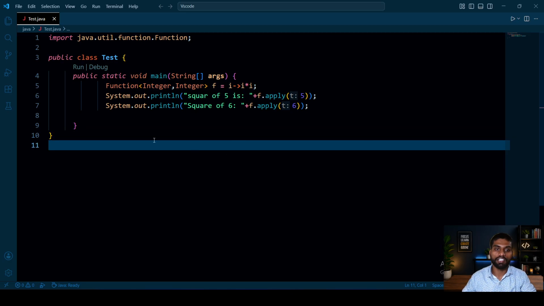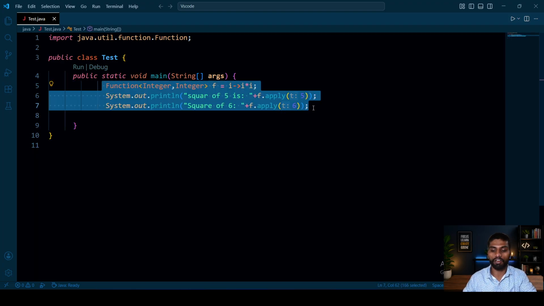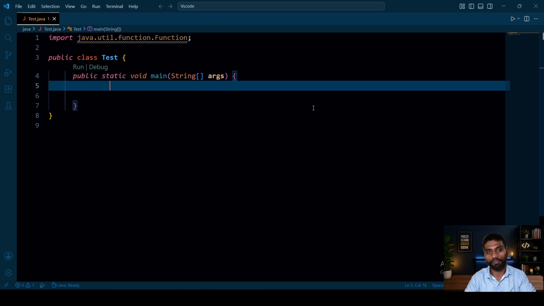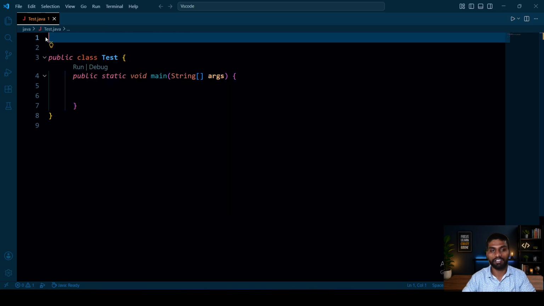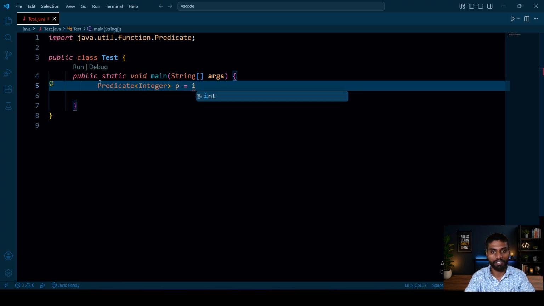Are you understanding? Suppose I want to find an even or odd number. If I want to check whether 4 is even or 5 is even or not, that I want to check. Then simply write one predefined functional interface that is available, Predicate. It will always return a value in boolean form, true or false. So I want to pass the input as Integer. So that's why I will write Integer p, i.